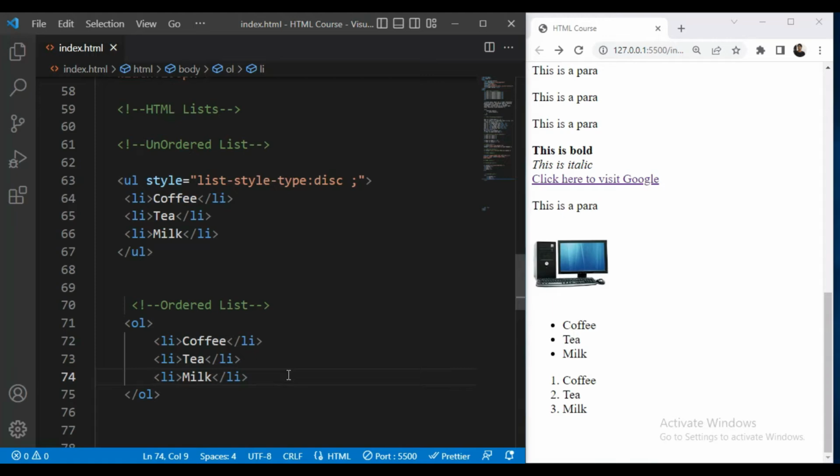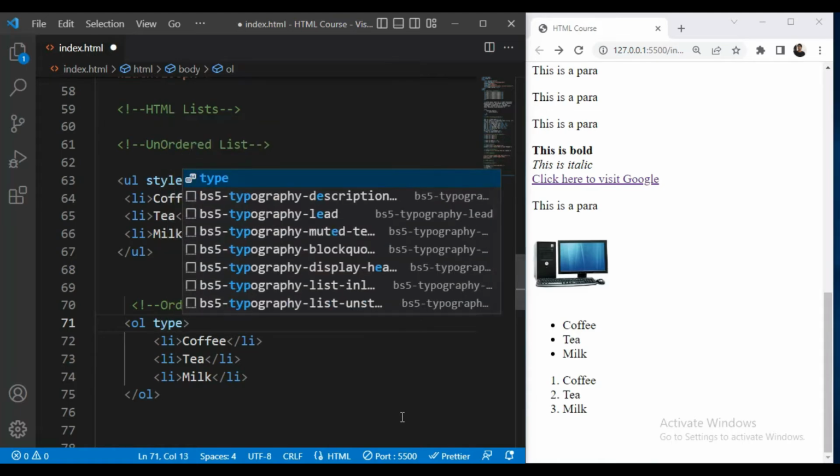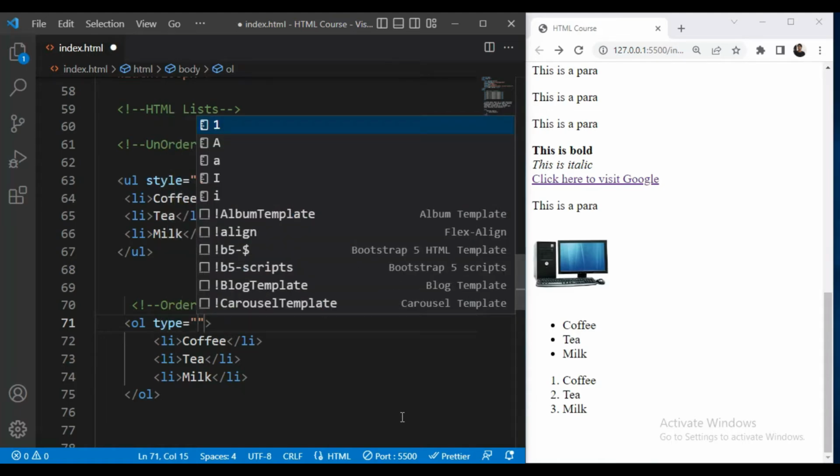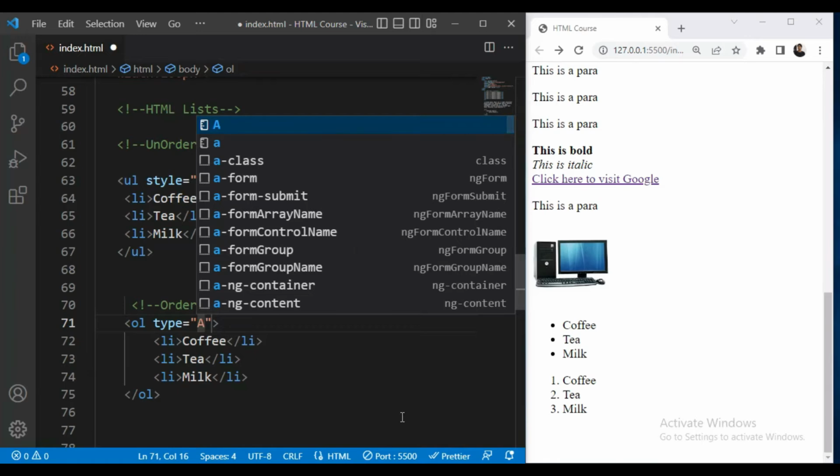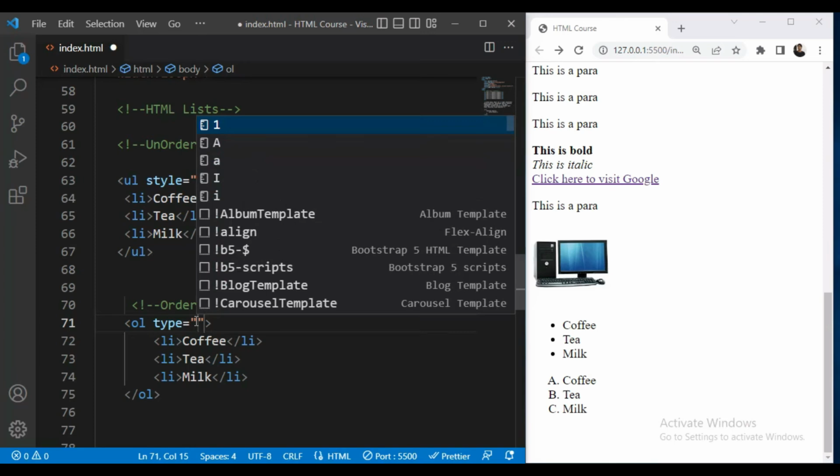Then we can also style the OL tag, so here we can give type equal to A. First we will use the capital A. So you can see we get A, B, C. Then we will use small a.